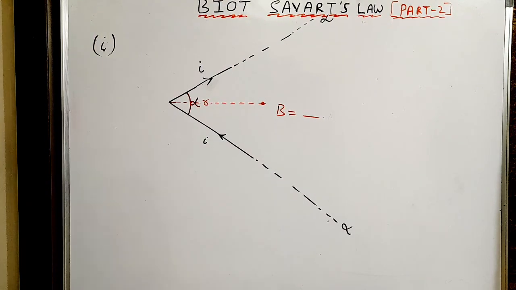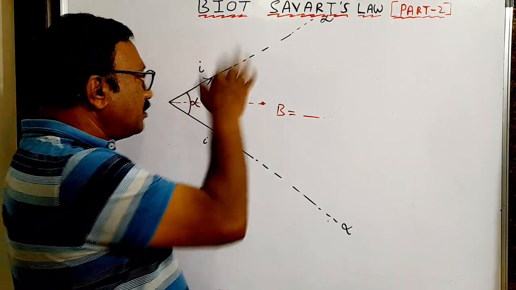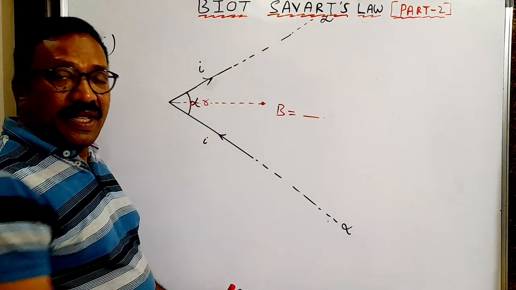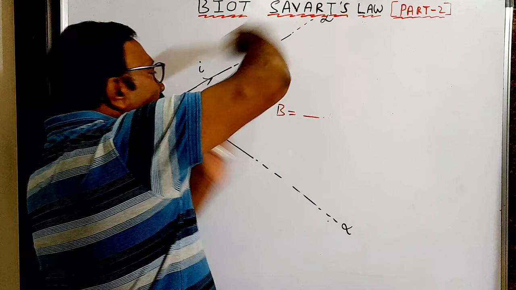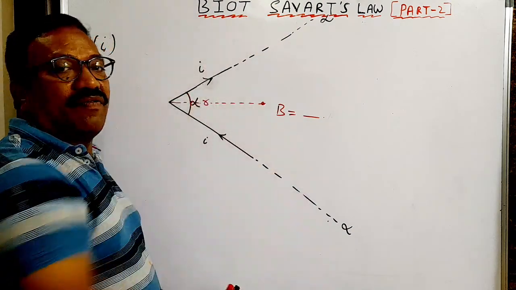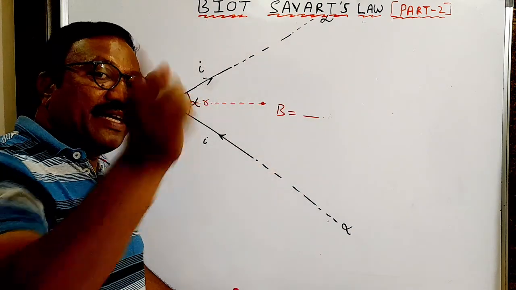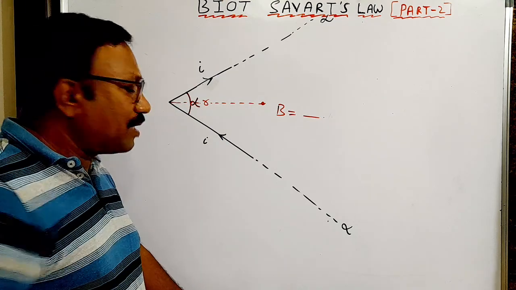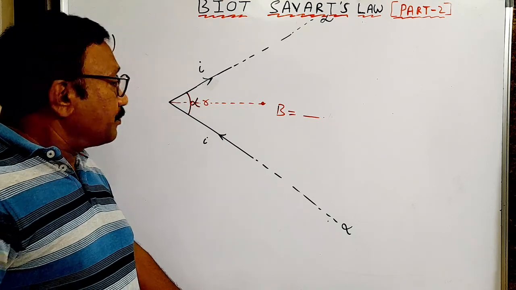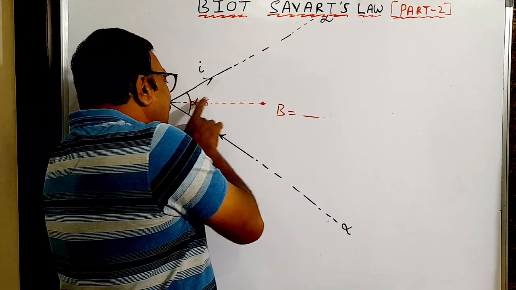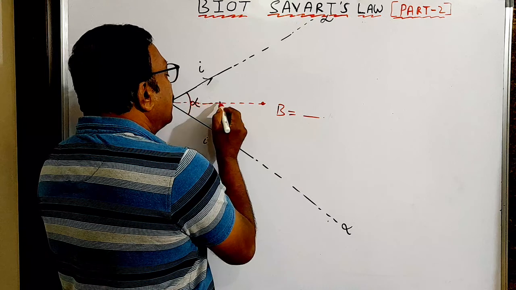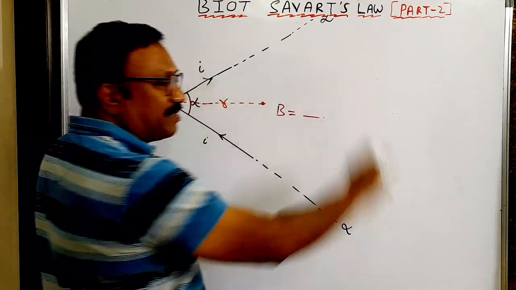So this is another important problem. This is an infinite wire, no doubt. Infinity this side, infinity that side. An infinite wire is bent at some angle alpha. The vertex angle is alpha. I have taken one case, no? Infinite wire bent at right angles, we did. This is not a right angle, some angle alpha. And from the vertex at a distance r, what is the magnetic field?